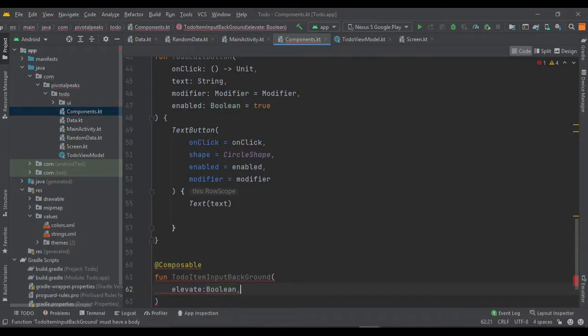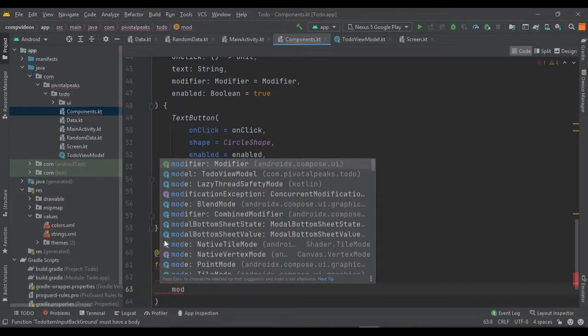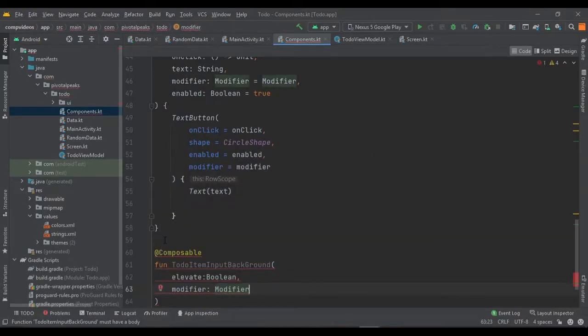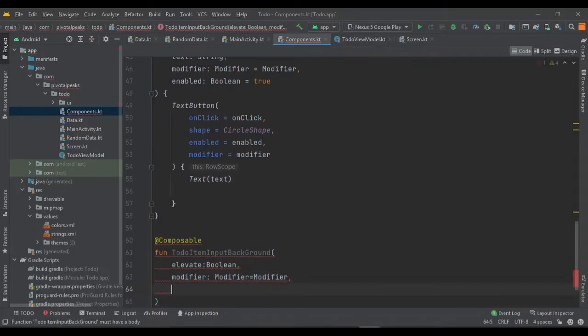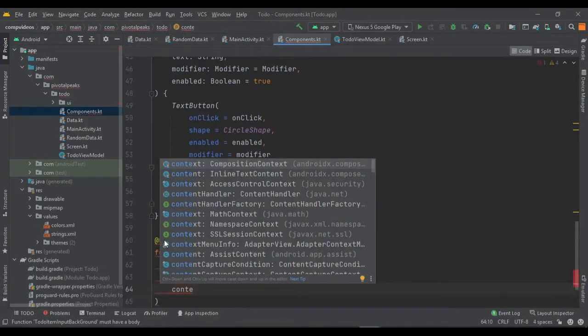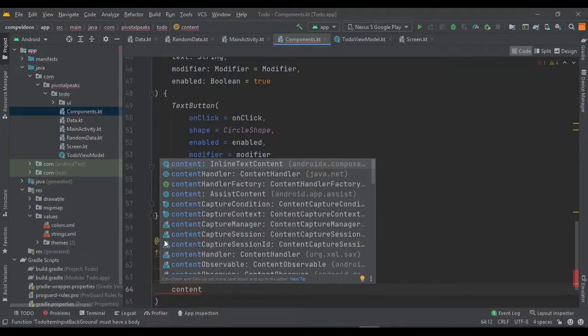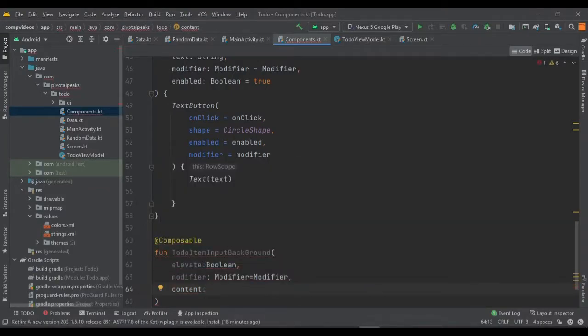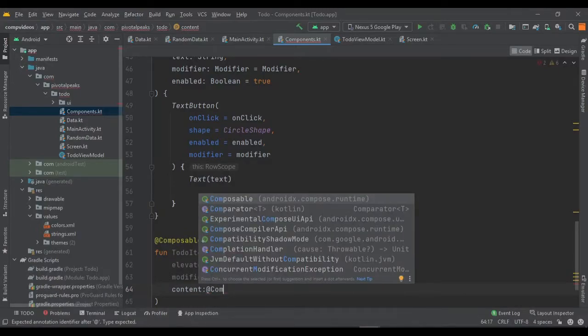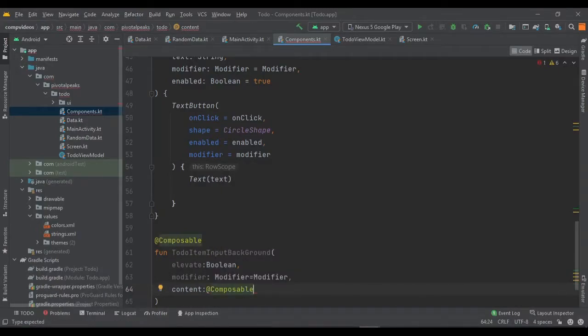So the second option is going to be modifier, and the third option is going to be a content. Add composable, and we need to provide a row scope.